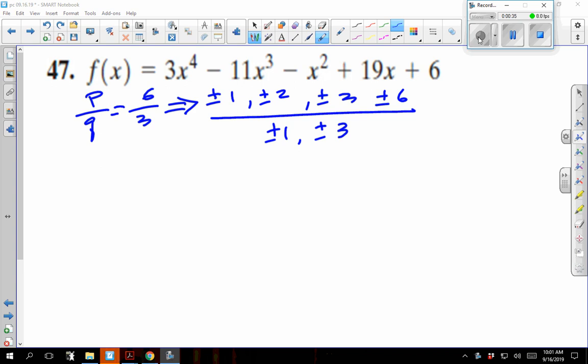So to list them, they are plus or minus 1, plus or minus 1/3, plus or minus 2, plus or minus 2/3,